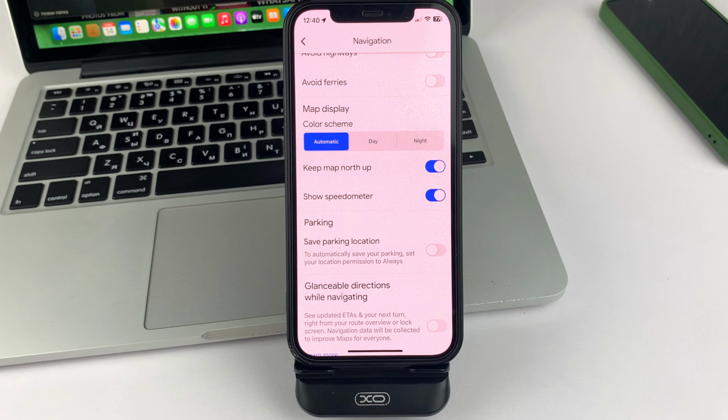Here is such a quick and simple method you can easily make the north to be on top on Google